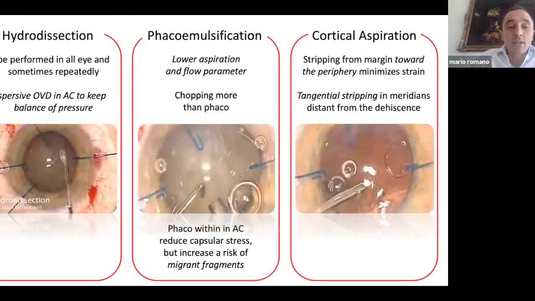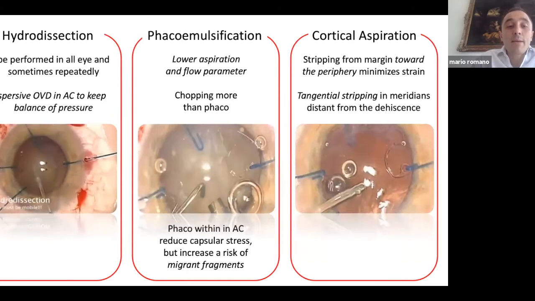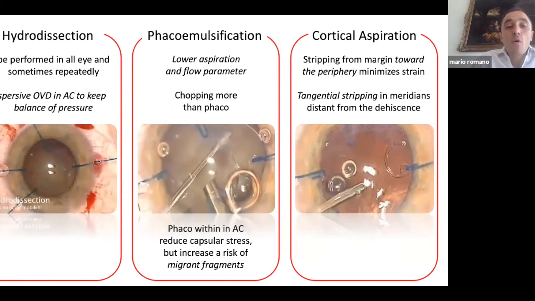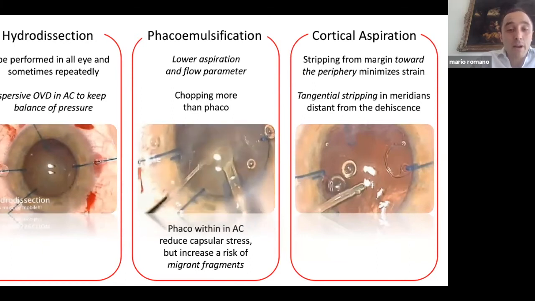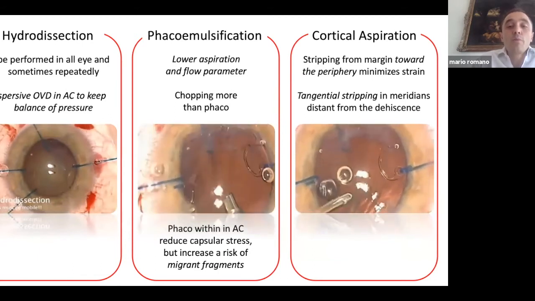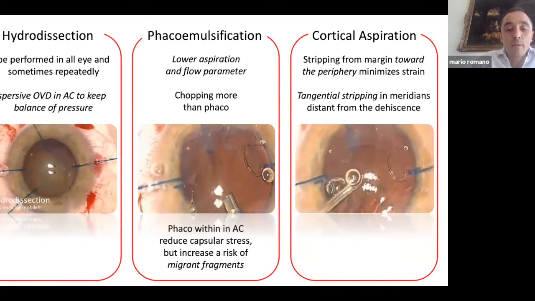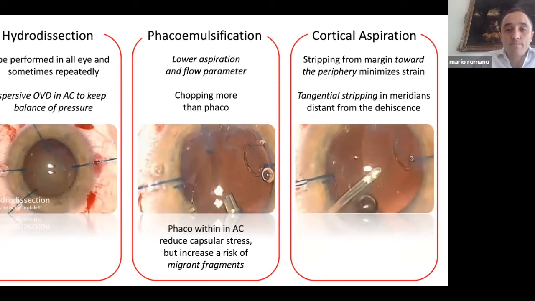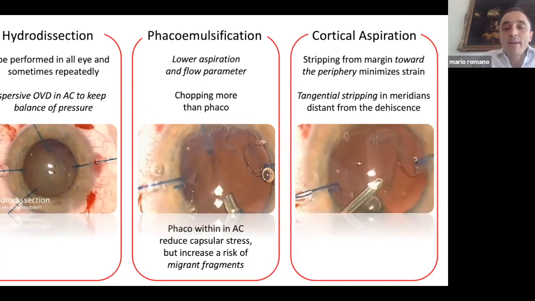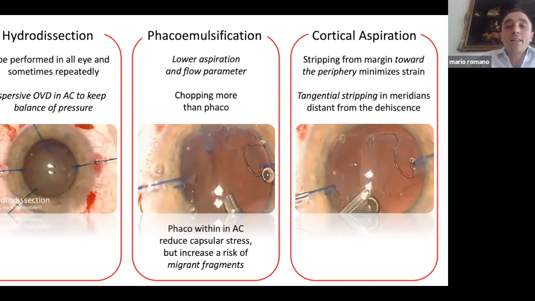Regarding the hydrodissection, it needs to be performed in all eyes, sometimes several times, and it's better to use a dispersive instead of cohesive OVD in order to keep the balance of the pressure. Regarding the phacoemulsification, we need low aspiration. We need to prefer the chopping more than phaco to induce less stress on the zonula. And then regarding the cortical material, of course, we need to avoid inducing a further stress on the zonula, so tangential stripping in meridians distant from the adhesions, and so stripping from the margin to the periphery in order to